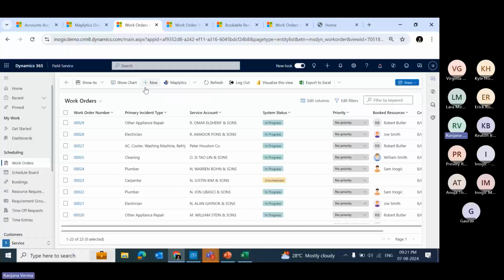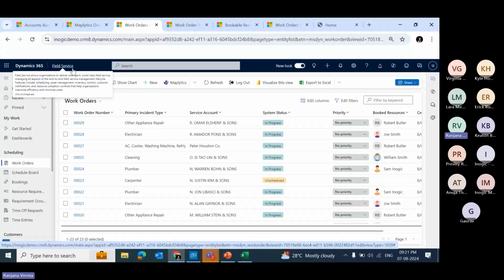Okay. So when I say auto scheduling, it is going to automatically create schedules for you for multiple users for multiple days all at once. Okay. Now this time, if you see, I am showcasing this auto scheduling in field service. Okay. Instead of sales hub. So it works both on sales hub as well as field service. However, field service has some